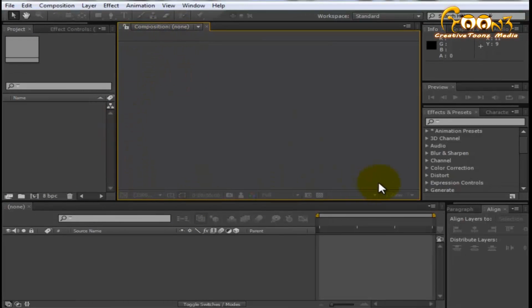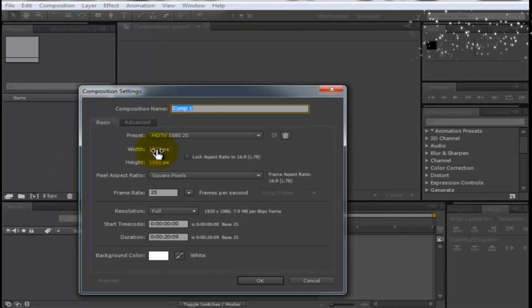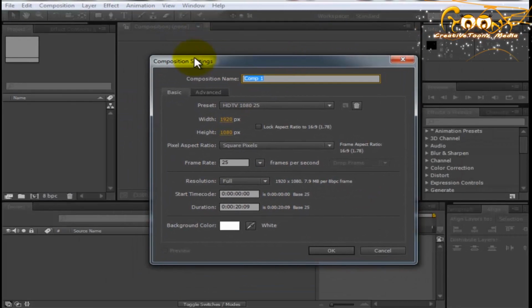the next thing is composition, where you apply your project files, images, videos, and apply keyframes, and how to open and create your composition. So for that, just go to Composition and choose New Composition. Then press Ctrl+N as the shortcut key, and you can see in the Composition Settings box there are some presets,